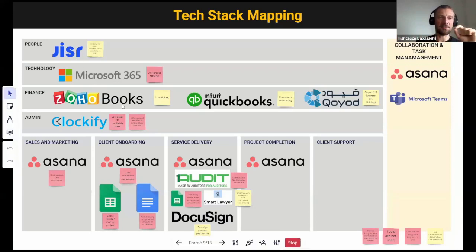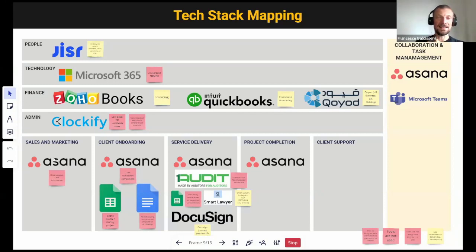For finance, you can see multiple software for accounting, for invoicing, and for all the finance and admin related activities. For administration, we see Clockify for time tracking.